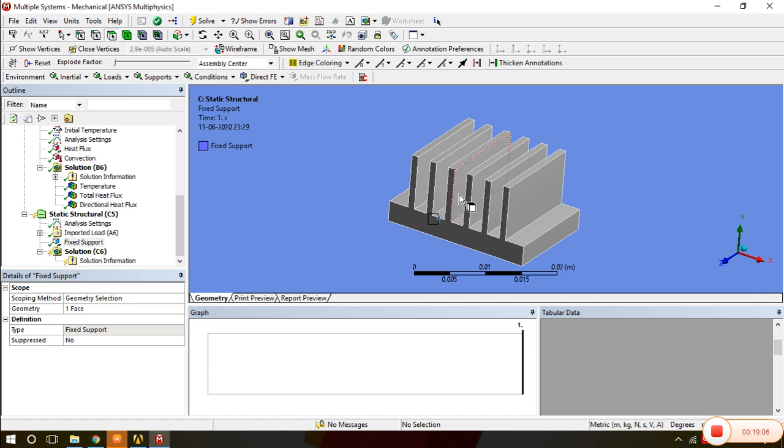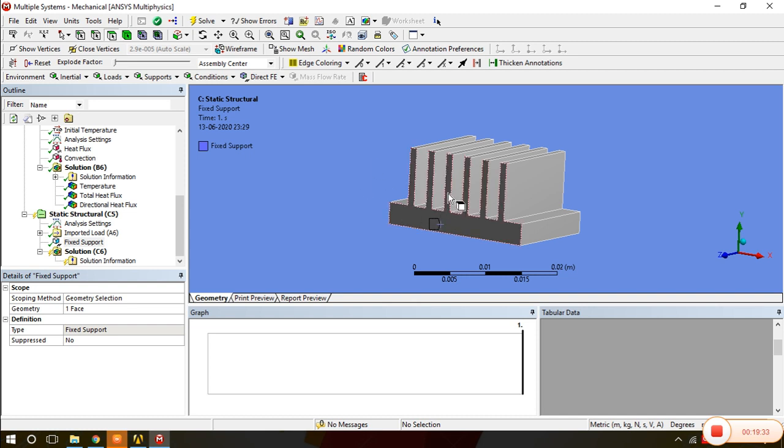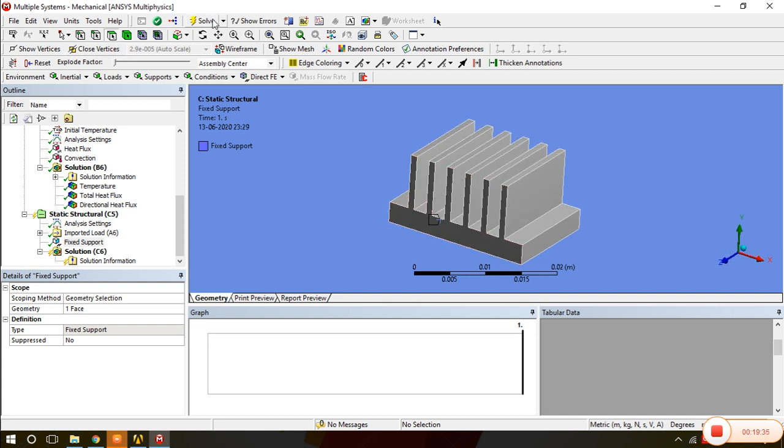As we know the concept of thermal stresses, to generate them we have to keep both sides fixed and then give the temperature to the body, so that the body wants to expand, but due to the boundary condition the body will not expand and it will generate stresses inside it. So that is the concept behind the thermal stresses. By fixing only one end, you will find that there will be almost zero stresses.